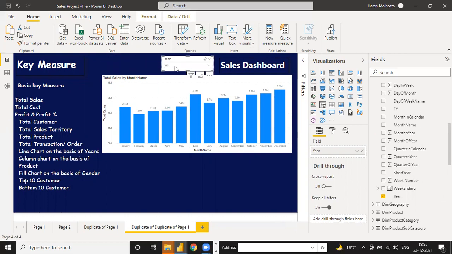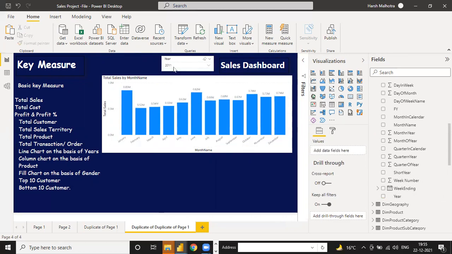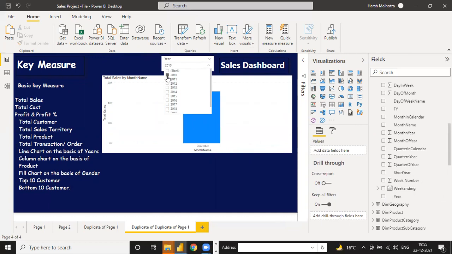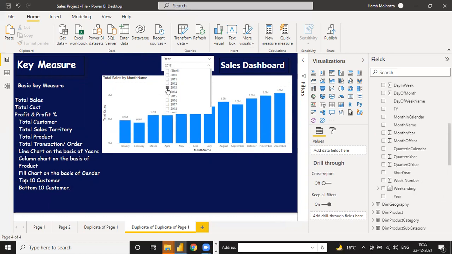Okay, suppose if you want to choose 2011, in the month of 11 you have these sales. Okay, in the month of 10 you have only December month sales. In 2013 you have complete month sales. So this way you can choose the year, and your sales will change.